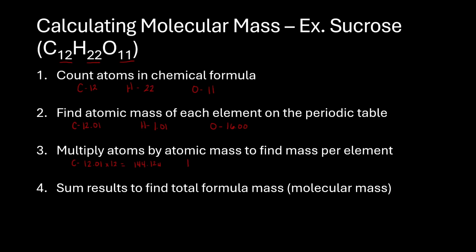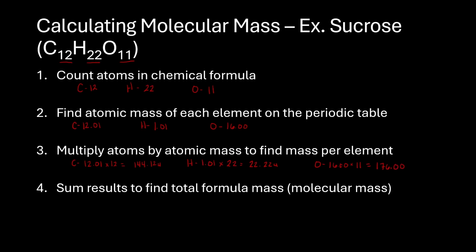For hydrogen, again, we're going to take the 1.01 and multiply it by how many atoms of hydrogen there are, which is 22. When we multiply that out, we get 22.22. Again, I'm just going to put the U for our units. And then oxygen, we do the same thing. Oxygen's molar mass is 16.00 times the number of oxygen atoms we have, which is 11. And that is going to give us